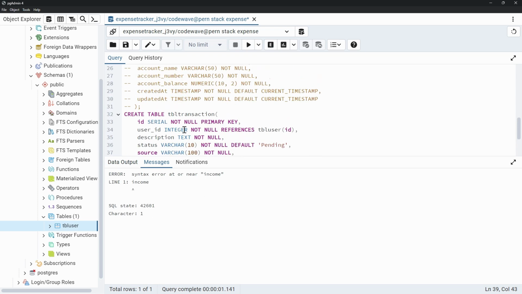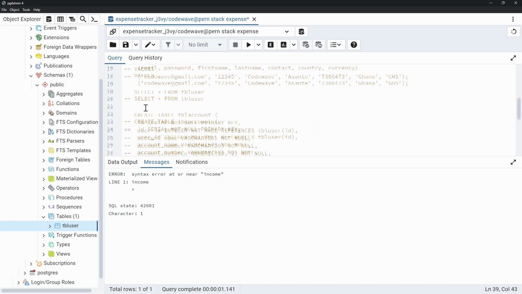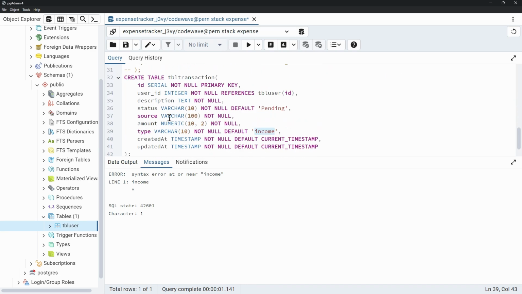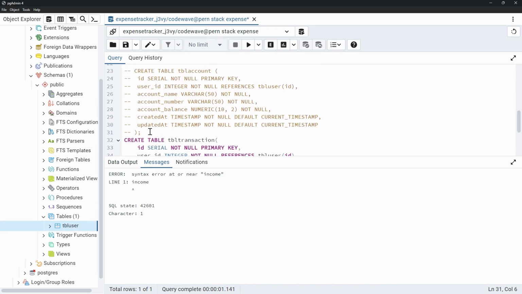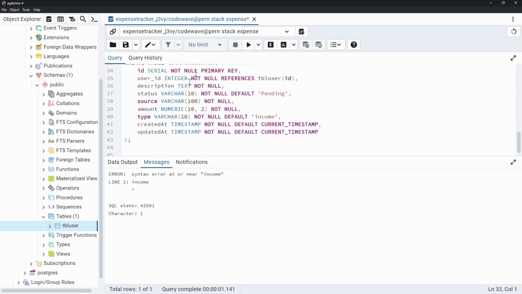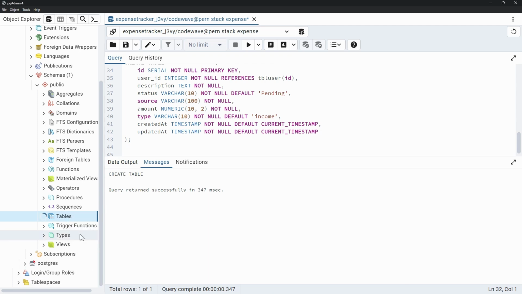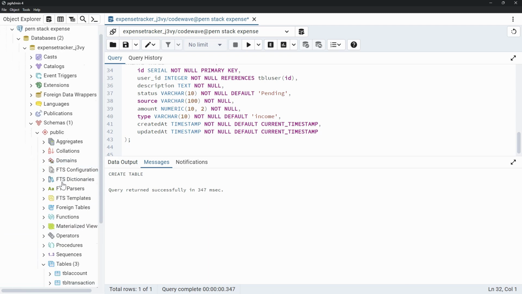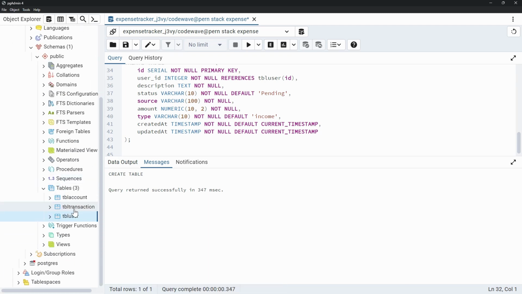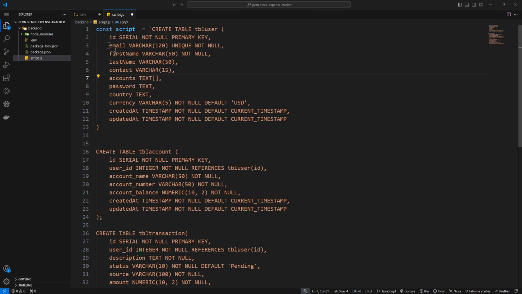We have a little issue. Where is it? Okay, great. So now if I refresh the table here, you should see that now we have 3 tables: accounts, transactions, and users. Great. Okay, so now that we have this, let us go and begin to connect to it and perform the